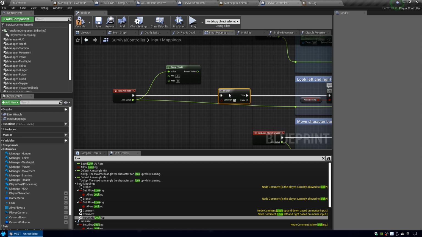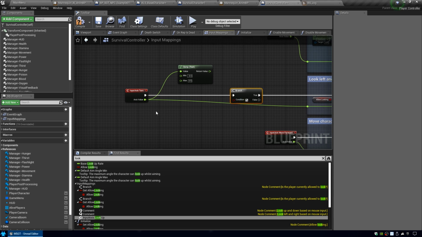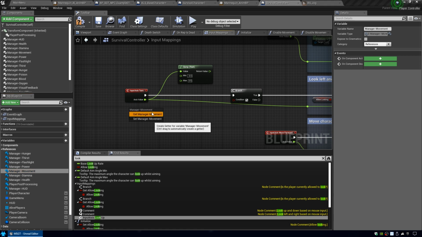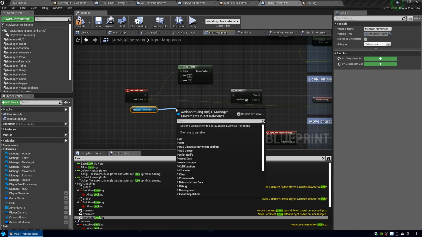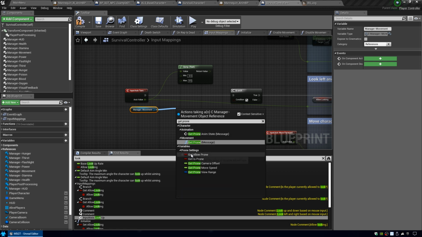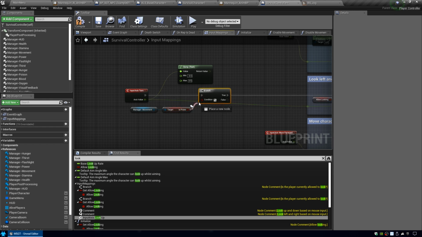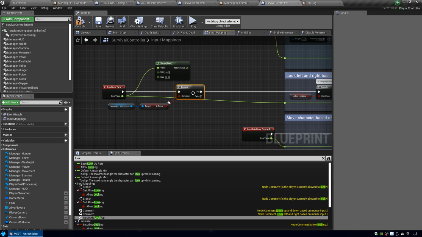That branch can be more to the right, but we need to come up with the condition that we're actually going to be using to determine if we go true or false on this branch. So on the left here under references, you've got your manager movement. I want you to drag that out and put a get there. And we want to drag off of that and do a get prone. We want to know, is the player prone? All right, if the player is prone, then we're going to do something different based on